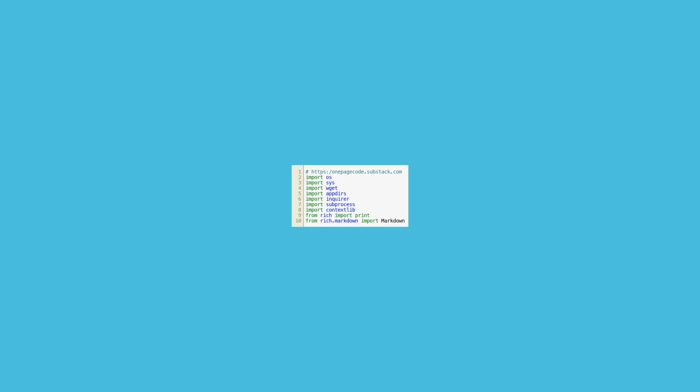The context_lib module provides utilities for working with context managers, which are objects that define a runtime context that can be used with the with statement. The rich module provides a way to create rich text output in the terminal, including support for colors, styles, and tables. This code defines a function called